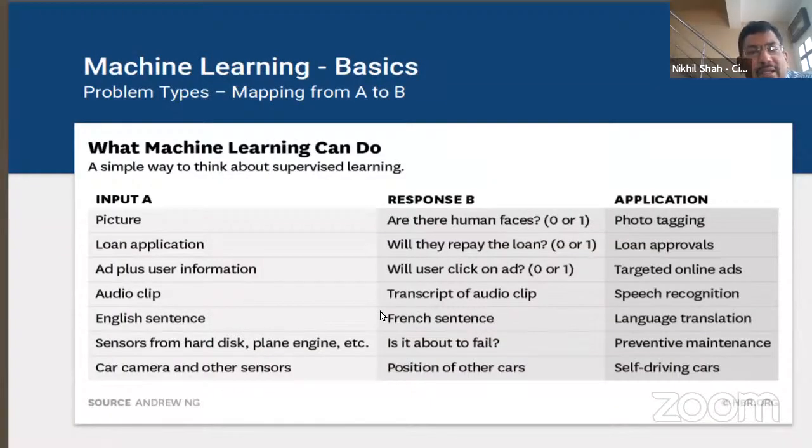I'll give you some basic examples of how machine learning works. For example, if I give you an image and ask you, do you see any human faces in that image? Similarly, these days whenever we want to recover a password on some websites, such as banking sites, they ask you whether this image has any bicycle or not, and you have to manually select. If your answer is correct, only then will it let you continue. Now you might wonder, why would they ask you to do this?